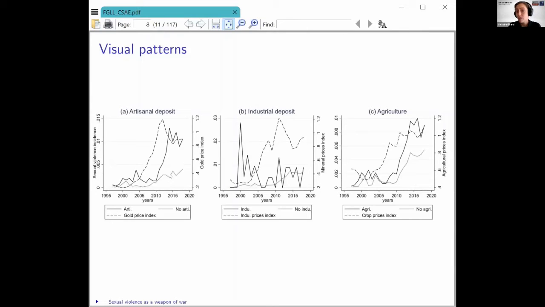If we perform the same sort of descriptive exercise for cells that have no industrial mines or industrial mines, there doesn't seem to be a clear discrepancy following the price of industrially mined minerals. Similarly, for agriculture, there is no clear discrepancy following the price of agricultural products. This is a very rough first overview. We can then move to a more